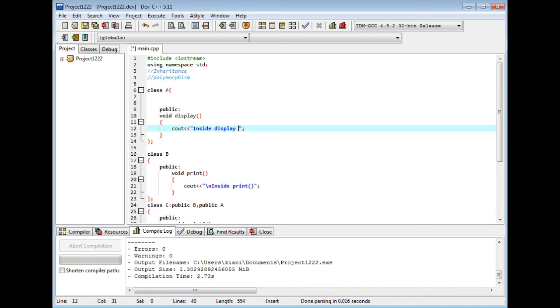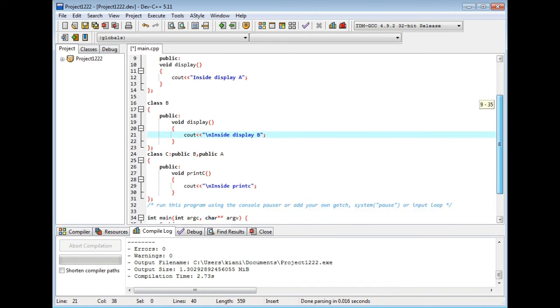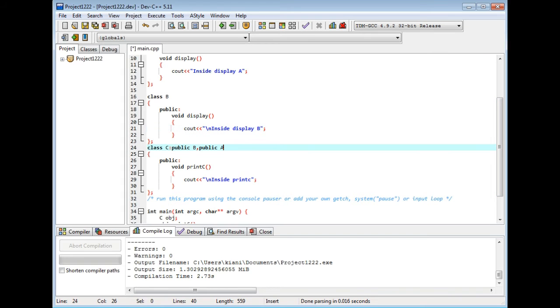Display A, this is A. Now we have the same version here inside the child class, display B, and we have the same version here, display C.